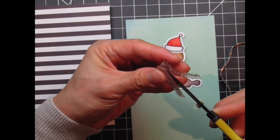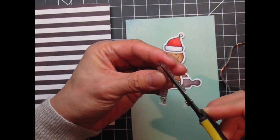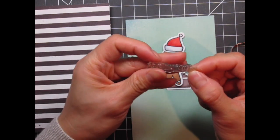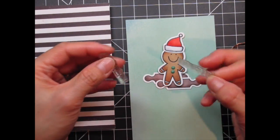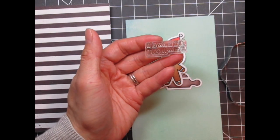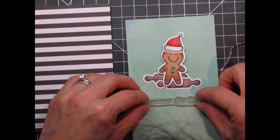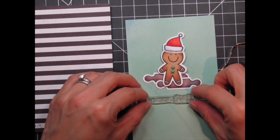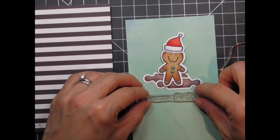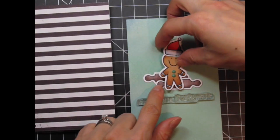I hold the stamp so that it bends outward and I see in between the words. That way I'm confident I won't be cutting into the words. I definitely don't want to do that since it would affect the way it stamps. I don't know if you can tell, but I zigzag quite a bit around the letters so that the two pieces fit together in exactly one way only. That way if I wanted to use the stamp in its original form, I wouldn't have to worry that it's a little bit off. Now I can lay down the two pieces and center it vertically on the card, along